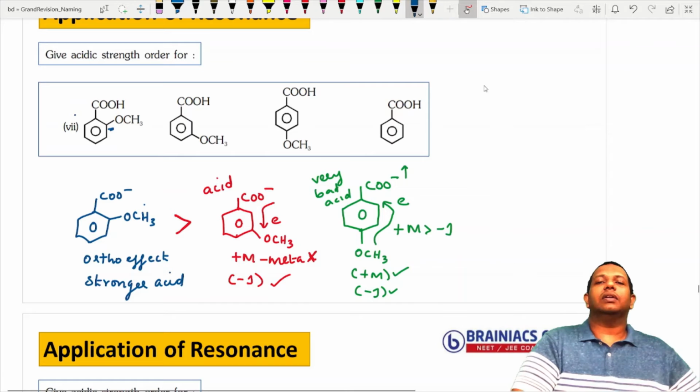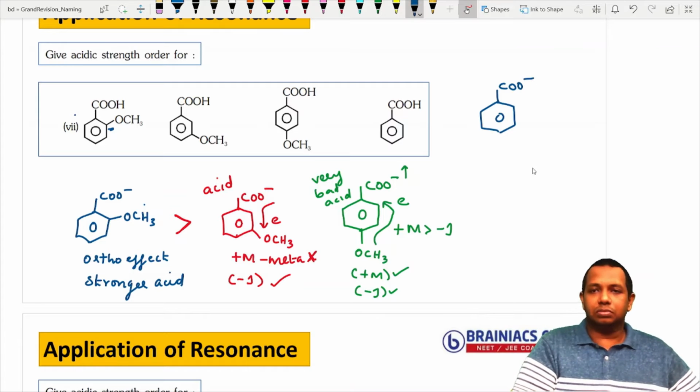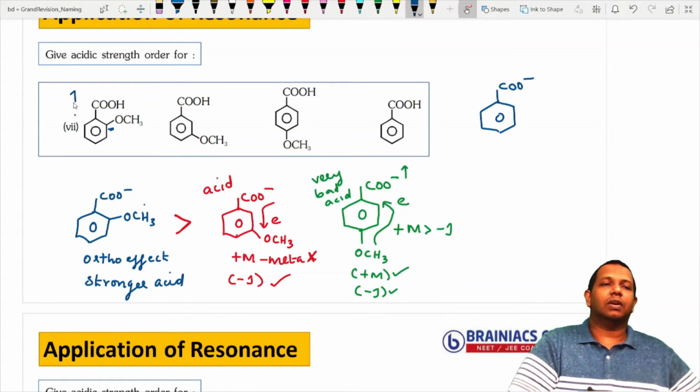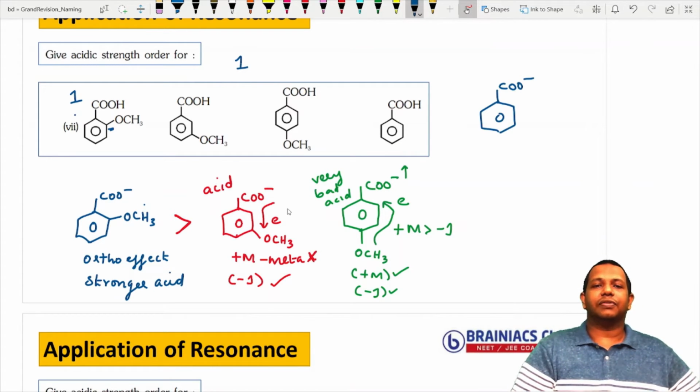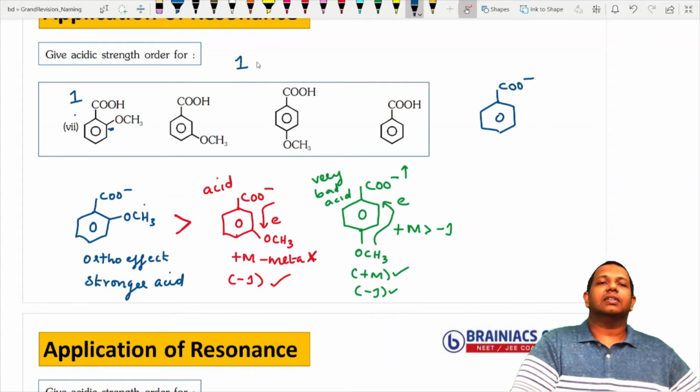Now the last one, you have benzoic acid as normal. So it will remove the H plus, and you have nobody to stabilize this one. So who will be a stronger acid here? Again, this one will come first. Then who will be a stronger one? After that, the second one, because minus I is stabilizing it. So I can say the second one, if this is the second one.